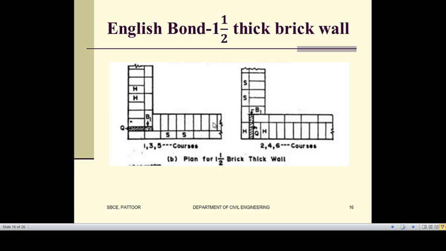Since it is a 1.5 thick brick wall, if I am placing only stretchers continuously, its thickness will be only half the length of the one full brick. So I need to make 1.5 thick brick. It is only half. So again I need to place one brick. For that, after placing all the stretchers, I'll be placing headers on the back side. This is the facing side. This is the back side.